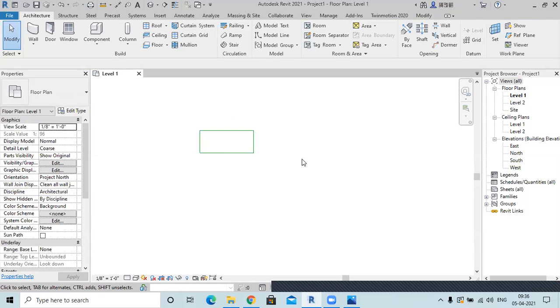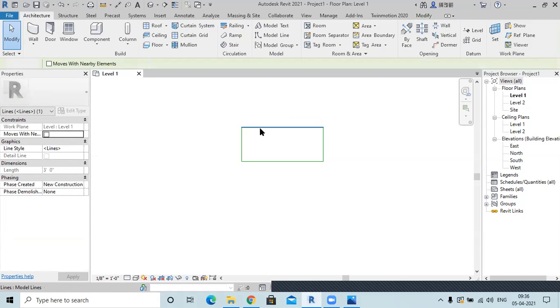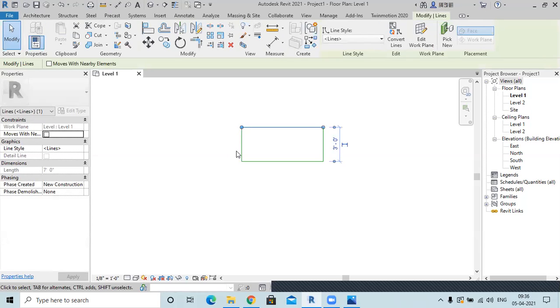Okay. So now this is the 3x7 rectangle, but my actual side represent that this 3 feet is equal to 21 feet. Okay. So I have to increase its scale by 7 times. Okay, then only this 3 feet will be equal to 21.